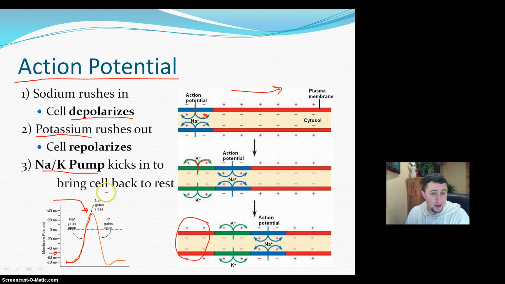And then those sodium gates are going to close, and those potassium gates are going to open, which is going to help to repolarize the cell back down to, well, you can see there actually is a little bit of a dip. That is actually a point where the cell begins to what's called hyperpolarize. What does it mean to hyperpolarize? Well, it polarizes too much, and that happens because